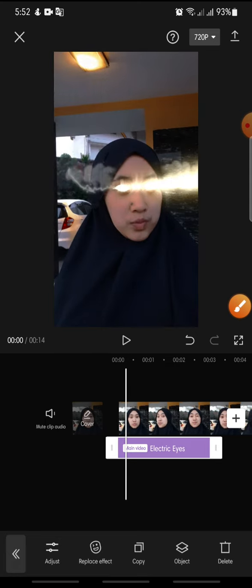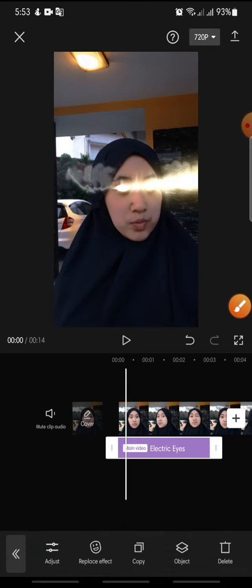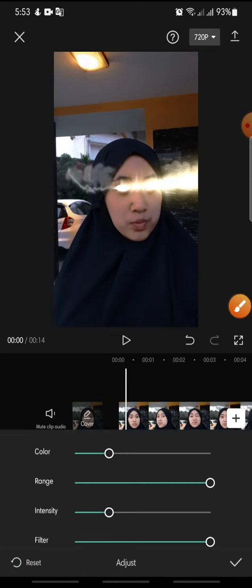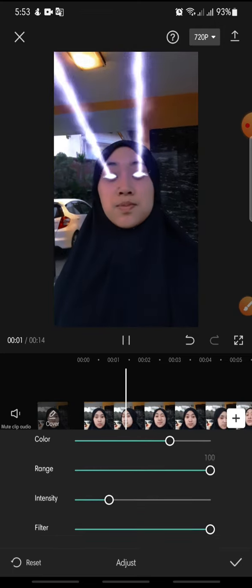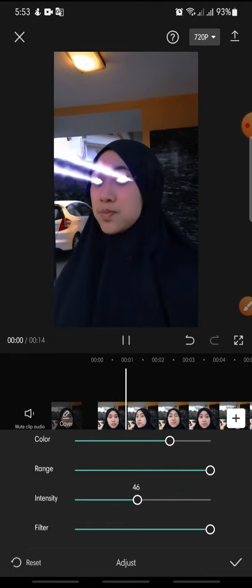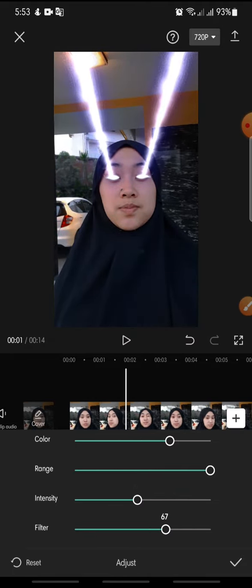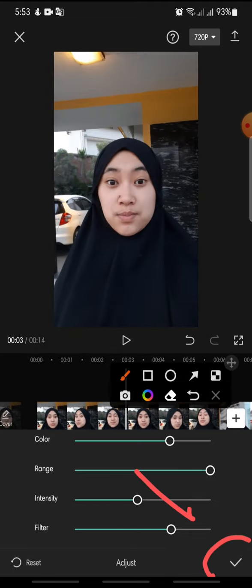And after this you can adjust the effect, so just click on the adjust at the bottom, this one, click on it. You can adjust for the color and then for the range, for the intensity, and then for the filter, like this. After this you can click check icon at the bottom,